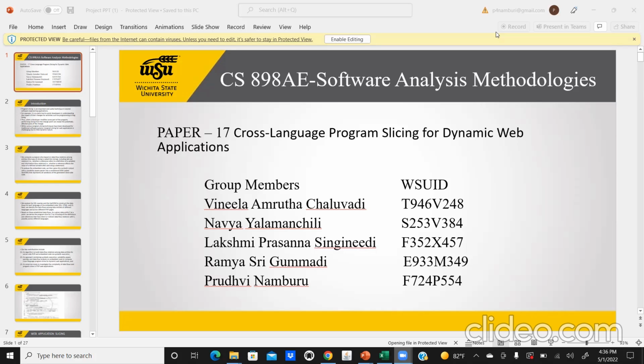Running WebSlice on 5 real-world open source PHP systems, we found that out of 40,670 program slices, 10% cross languages, 38% cross files, and 13% cross string fragments, demonstrating the potential benefit of tool support for cross-language program slicing in dynamic web applications. Well, to conclude,